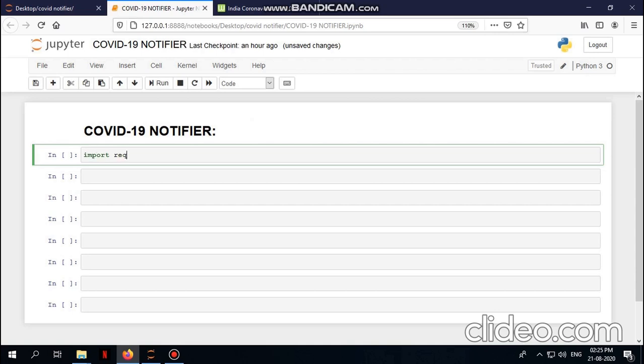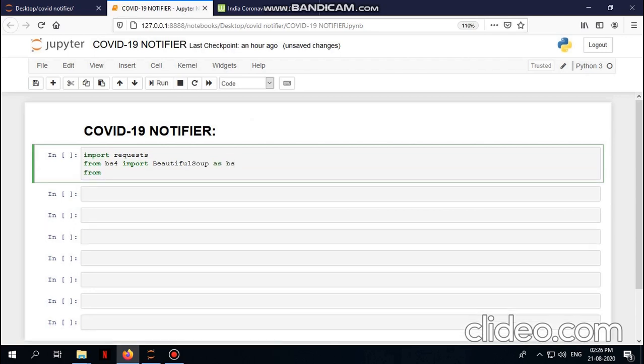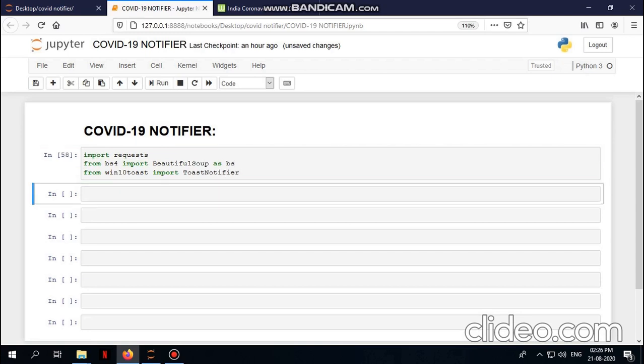The first library we are going to import is requests, and we'll import from bs4 import BeautifulSoup as BS. Then we'll import from win10toast import ToastNotifier. Okay.